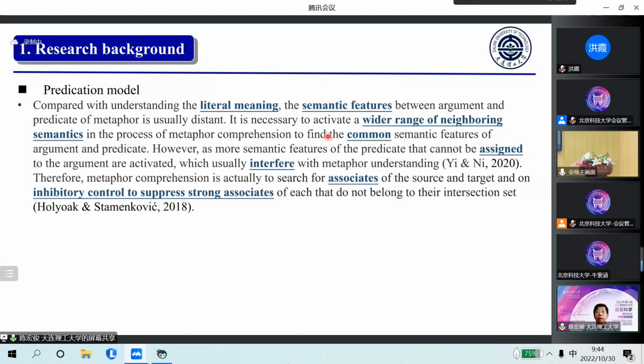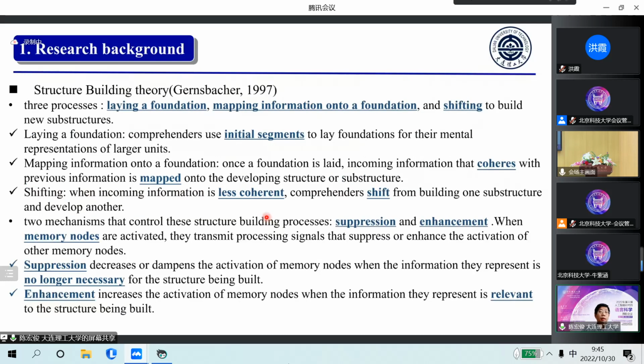It's necessary to activate a wider range of neighboring semantics. But all in all, you see the inhibition function plays a very important role in comprehension. Another theory is the structure building theory by Gernsbacher,